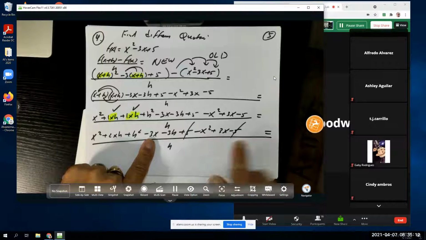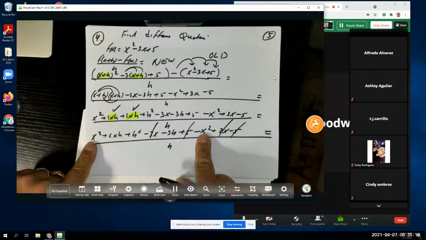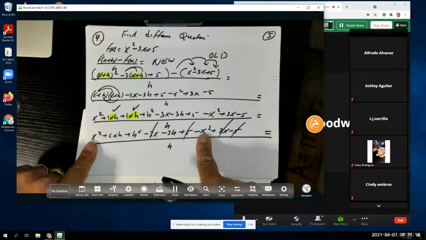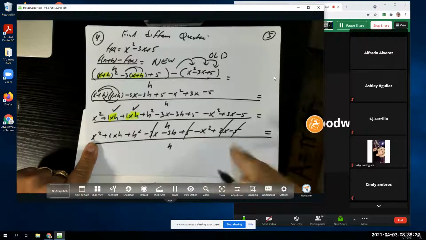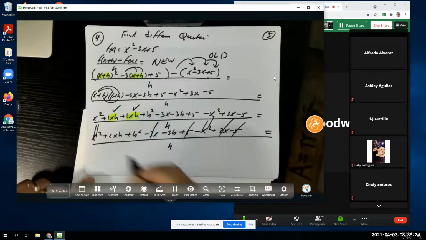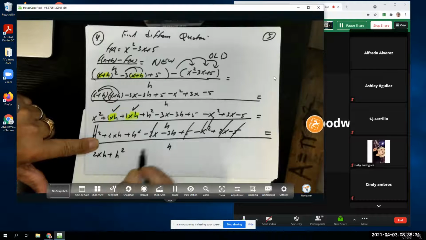Yes. Gone. And x squared negative and positive x squared. Do they cancel each other out? Yes, also. So what's left over is this one, 2xh, plus this one, h squared, minus 3h over